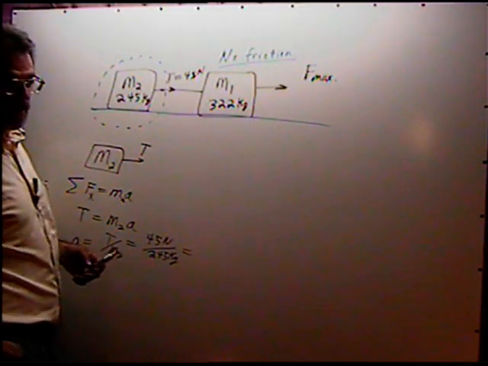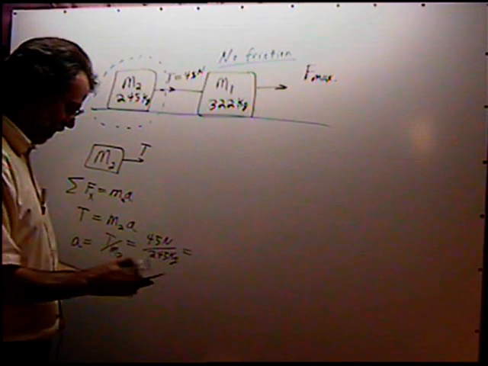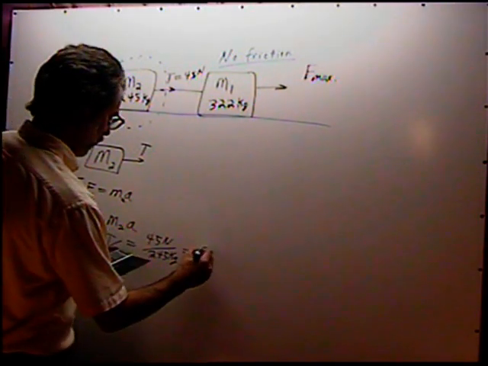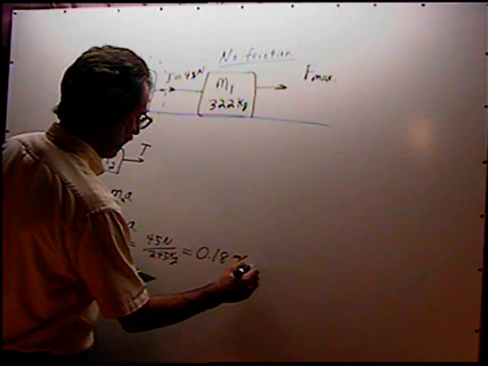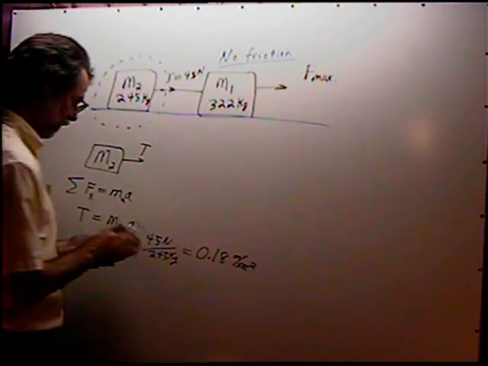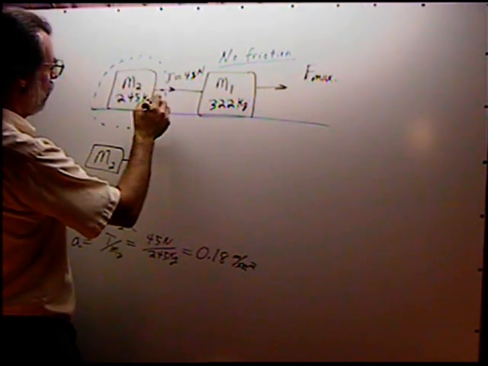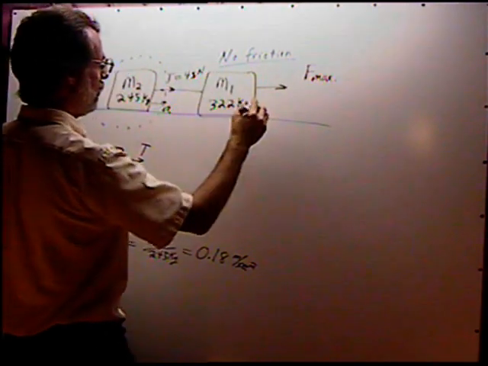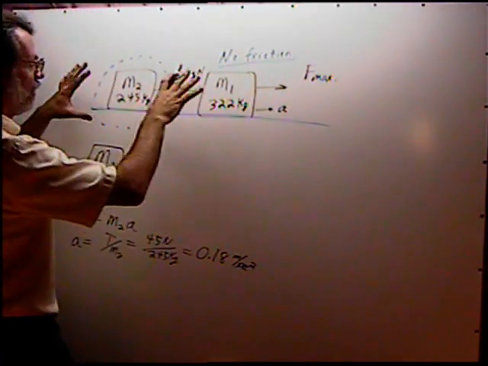So that means the acceleration is 45 divided by 245, which is 0.18 meters per second squared. Okay. Now notice, if this has a certain acceleration, these two are connected, so both of these boxes have the same acceleration. They're all moving